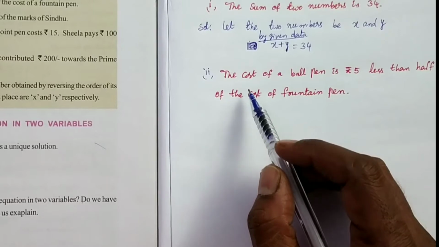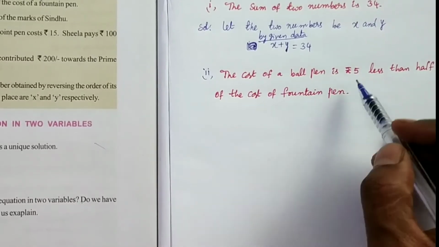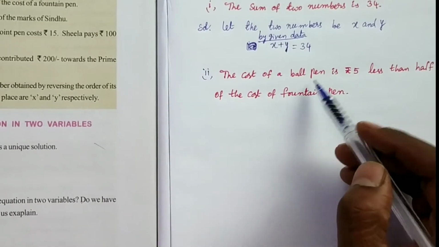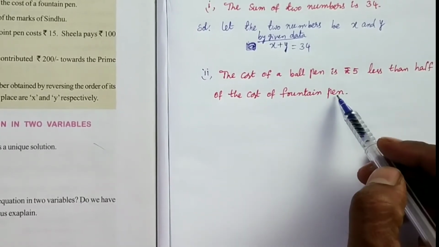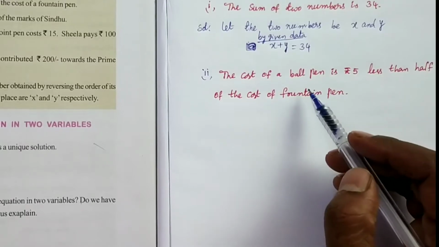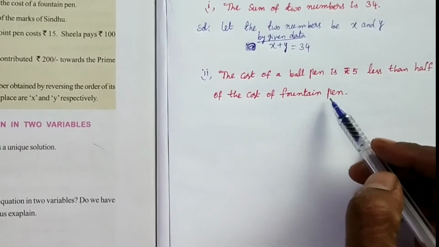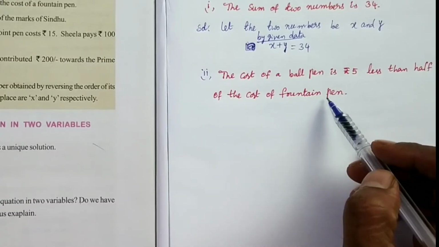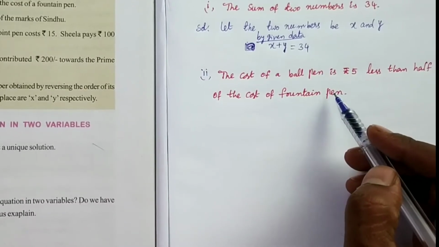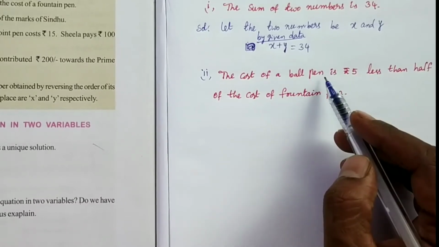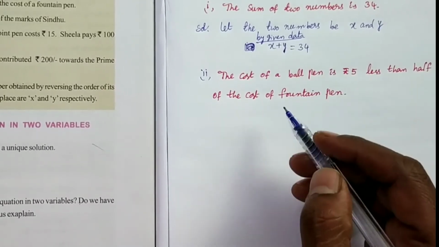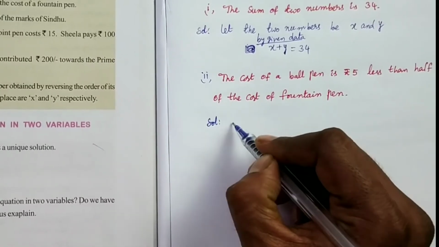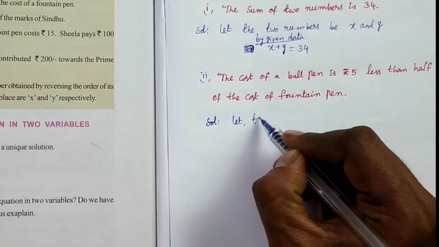The second question is the cost of a ball pen is rupees 5 less than half of the cost of a fountain pen. Here the ball pen cost is compared with the fountain pen, but we don't know the cost of both. So first the ball pen is compared with the fountain pen, so we should know the fountain pen cost first, then only we can find the cost of a ball pen. So that's why first you take the cost of the fountain pen. Solution, let the cost of